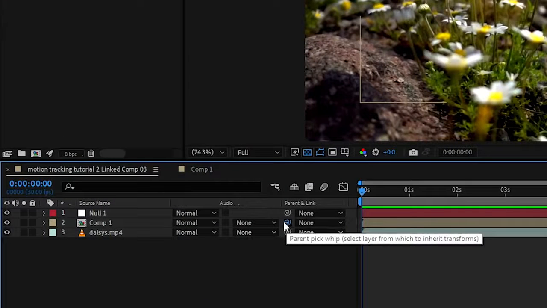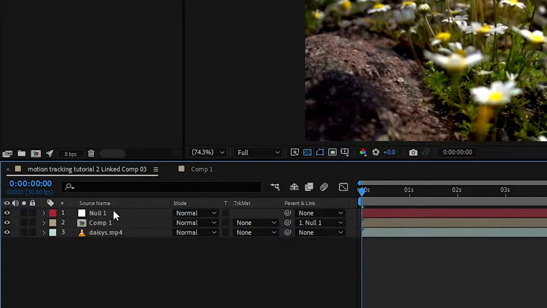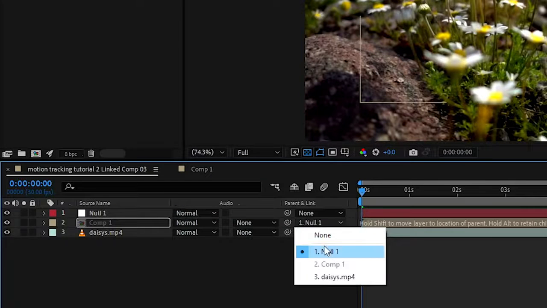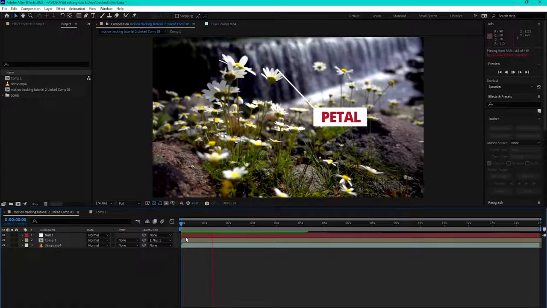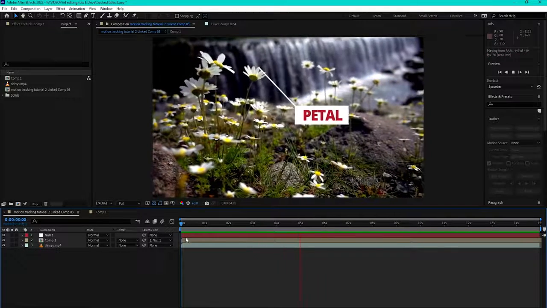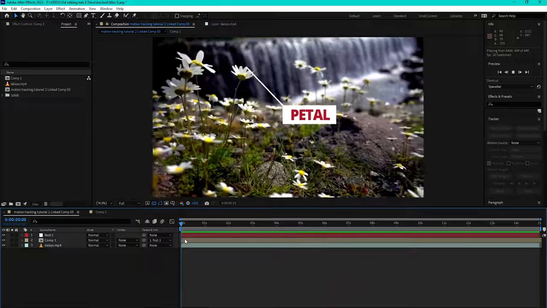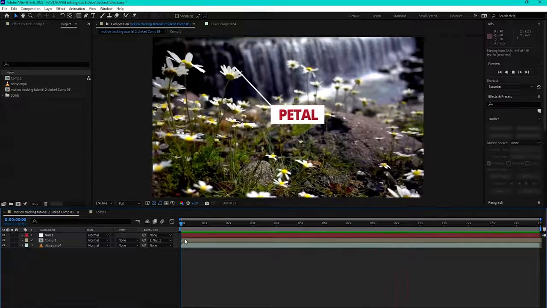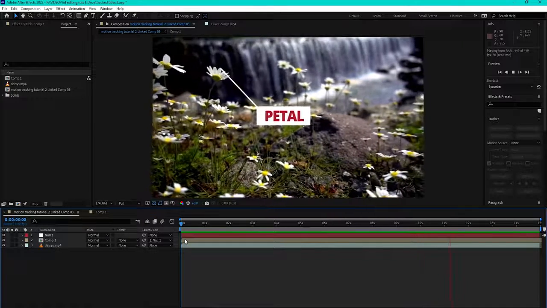When we're happy with where it's sitting, we can then map the motion to the rest of the clip. You can do that by clicking and dragging this parent pick whip, or just selecting the layer here, and that should track the motion. Depending on what you're using it for, you could leave it as that. We'll carry on to animate this in, and I'm also going to show you how I create one of